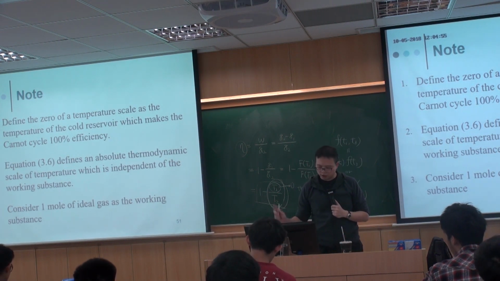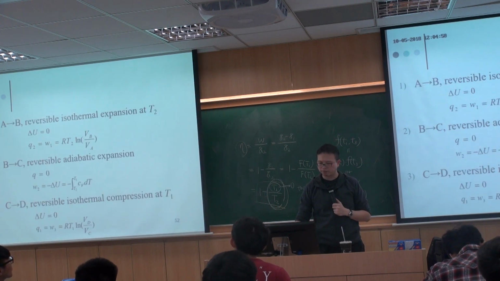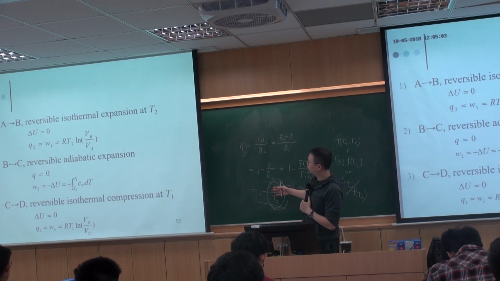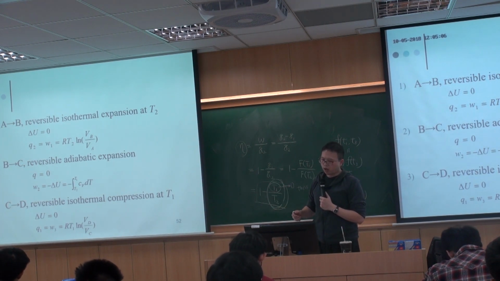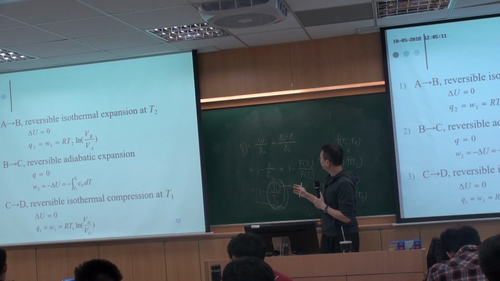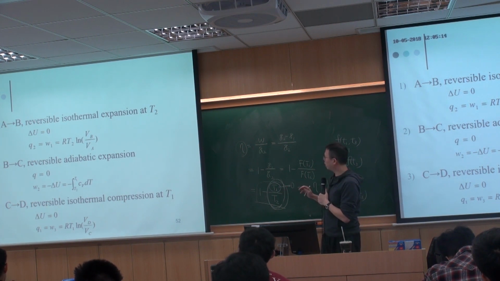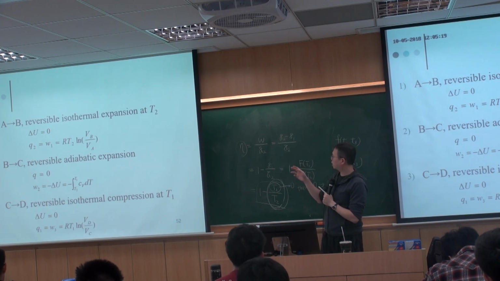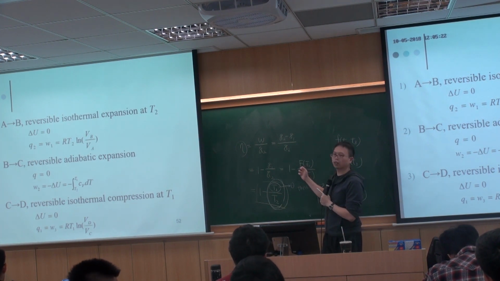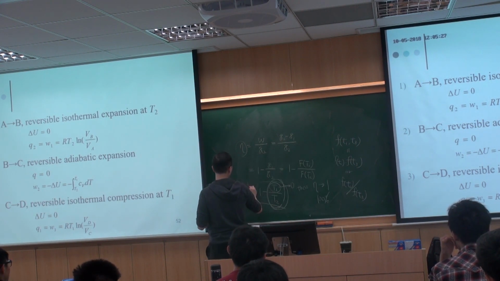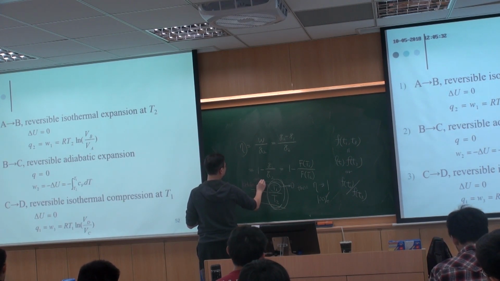So let us consider just 1 mole of ideal gas, and here we want to derive the explicit form of this. Remember that the argument I just went through seems to have no detailed calculation involved. I just stated that, due to the nature of the cyclic process, we should have a function like this. And Kelvin proposed that we should define f of T like this.